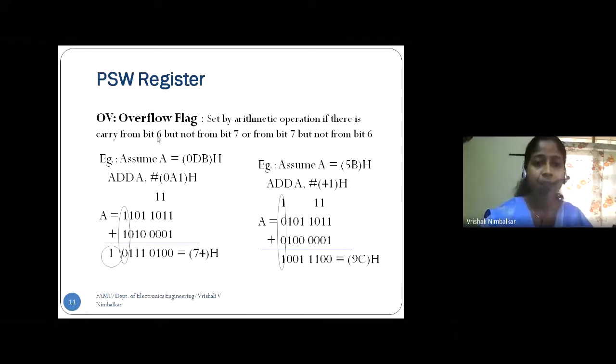Okay. Now the overflow flag bit is to be considered when we are performing signed arithmetic. Signed arithmetic means addition and subtraction of one positive number and one negative number, or addition of two negative numbers, or addition of two positive numbers. Meaning we are specifying whether the number we are operating on is positive or negative. Correct?